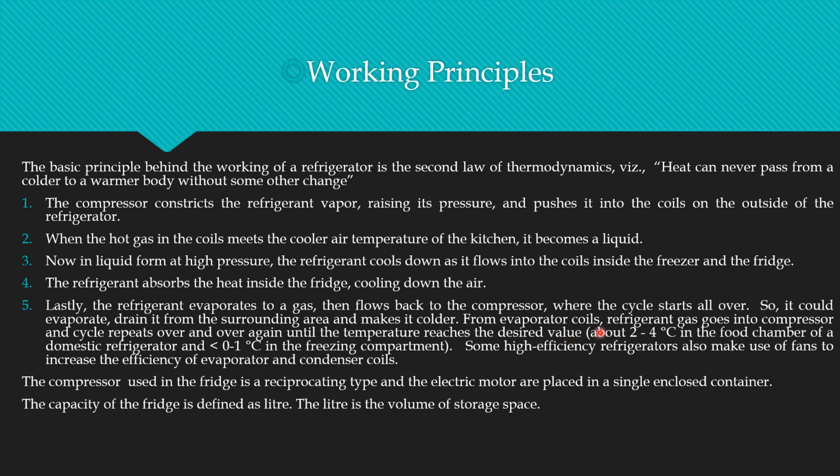From the evaporator coil, which is in the freezer compartment, the refrigerant goes into the compressor and the cycle is repeated until the temperature reaches the desired value, where we can set the temperature 2 to 4 degrees or 4 to 5 degrees in the refrigerator compartment in the domestic refrigerator, or in the freezing compartment and industrial area it will be less than 0 to 1